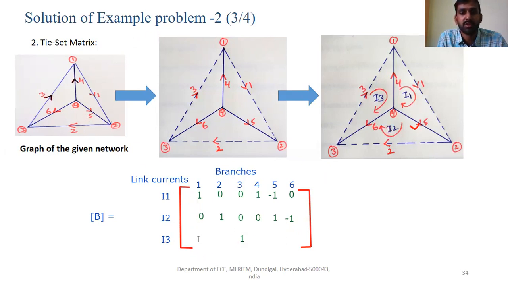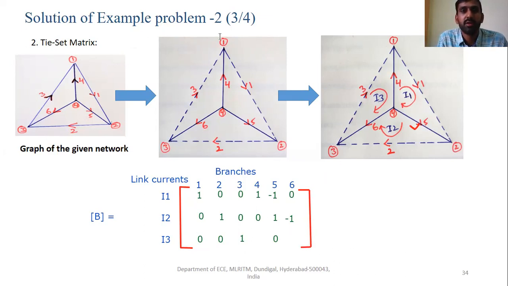So 1 is equal to 0, 2 is equal to 0, and 5 is going to be equal to 0.